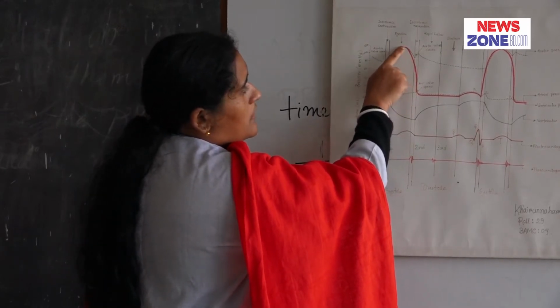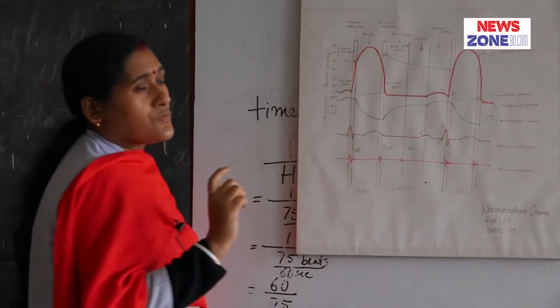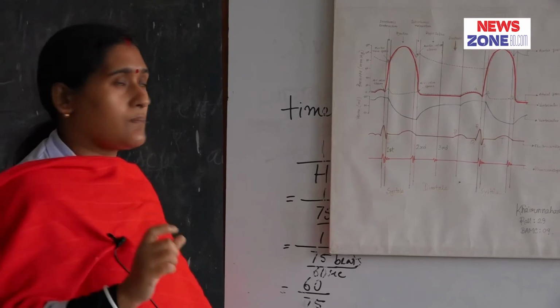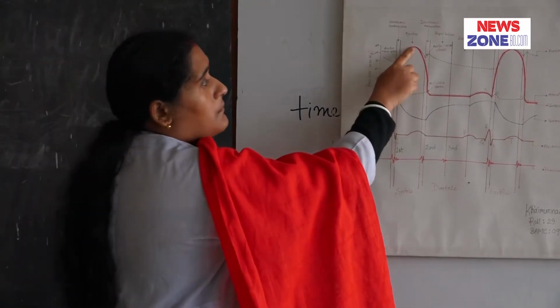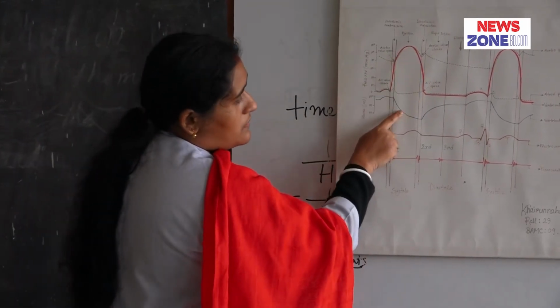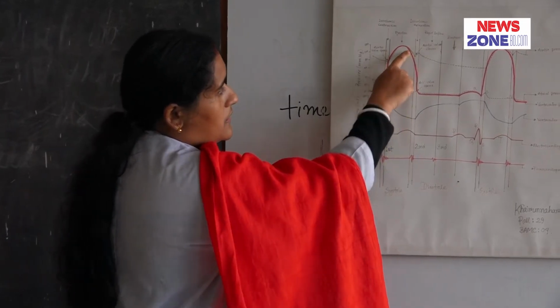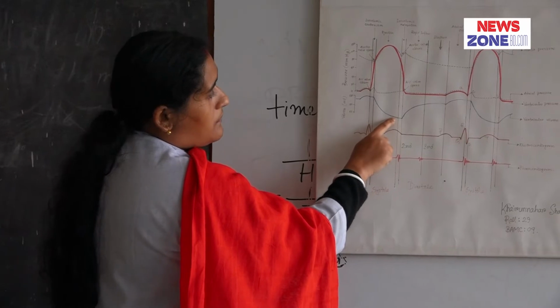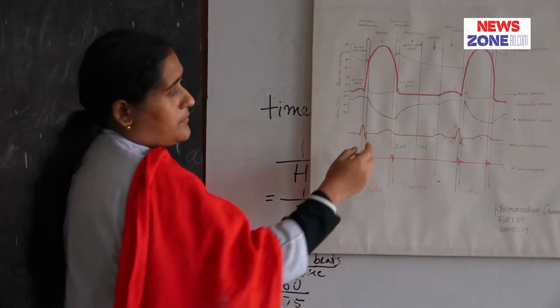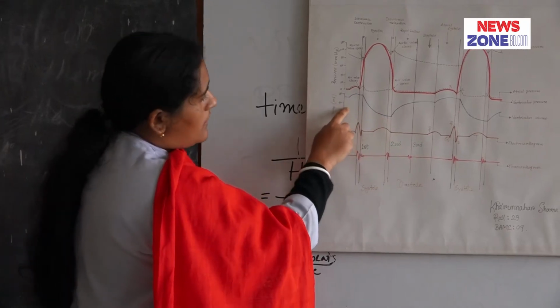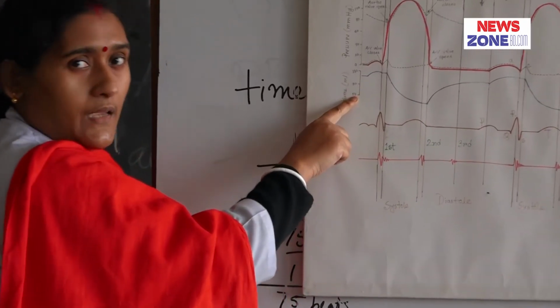During this period, which is about the last two-thirds of the total ejection period, about 30% of the blood is pumped out by the ventricle. So the interventricular pressure is also decreased, and at the end of the ventricular systole, the volume of blood remaining in the ventricle is about 50 ml.